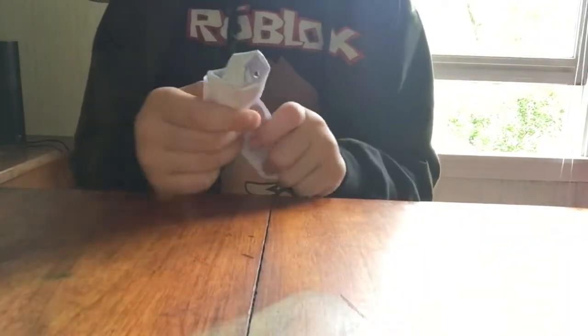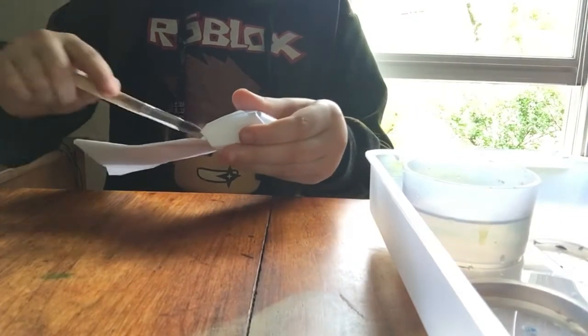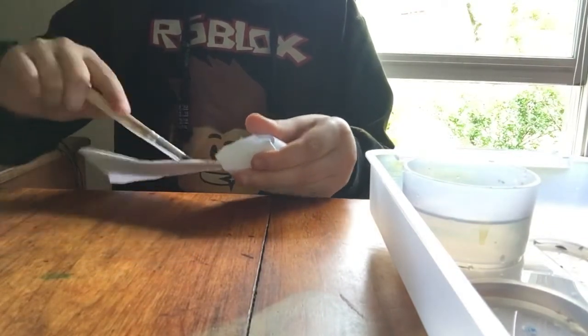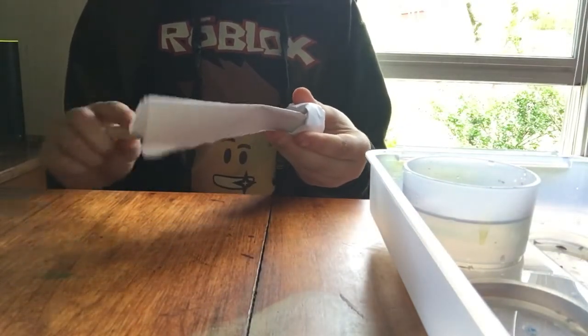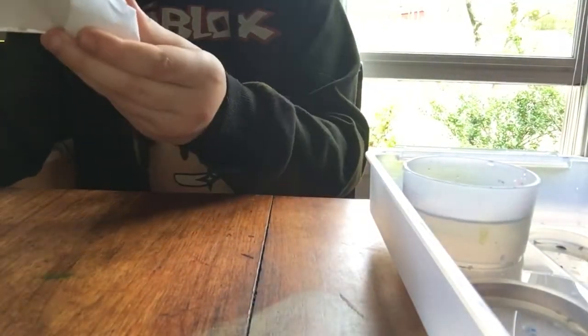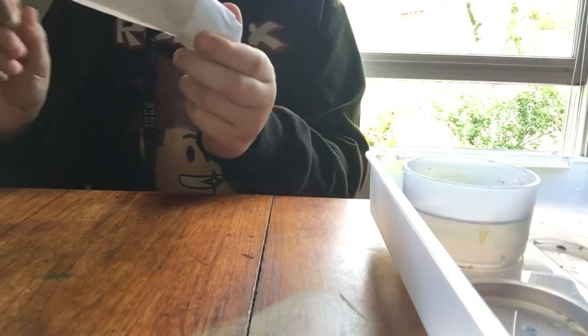you paint this part brown. Then you get a painting brush. Paint the stem brown. Paint the stem brown right here. While I'm doing this,